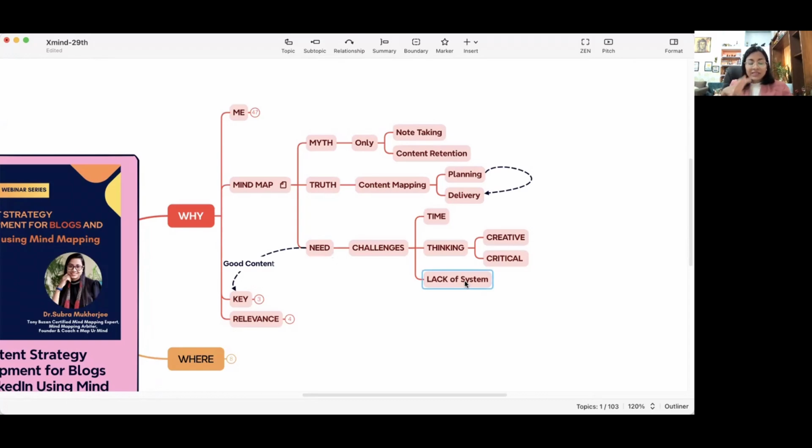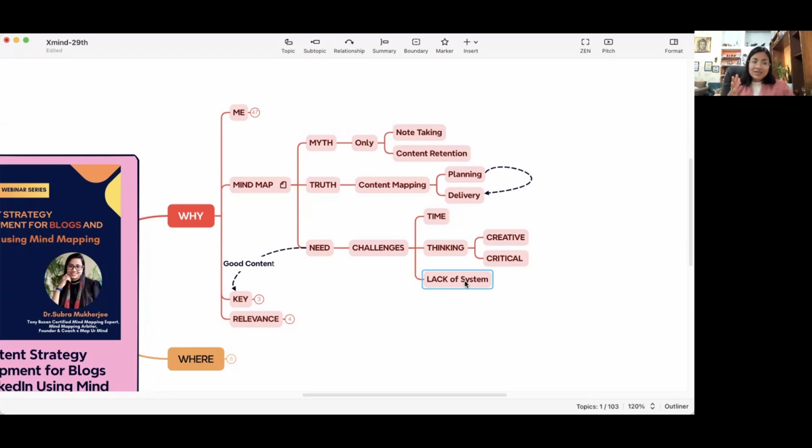Often people think that content creation doesn't need any strategy. It's just like you feel inspired one day, you write something, the next day you don't feel inspired, you don't write. So no, when you don't have a system, you cannot be producing content consistently. You have to wait for one of those days when you suddenly feel inspired and you write something, and maybe there may be several days or months where you don't feel inspired.